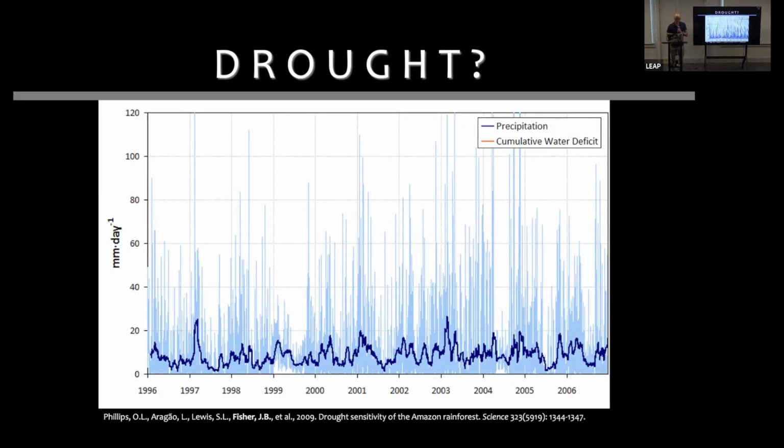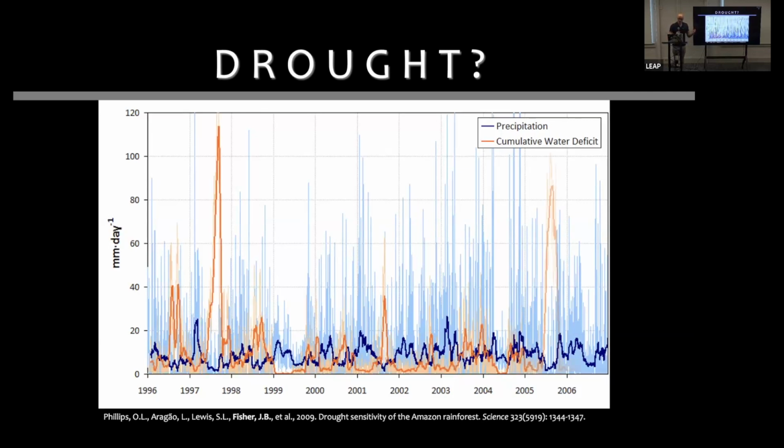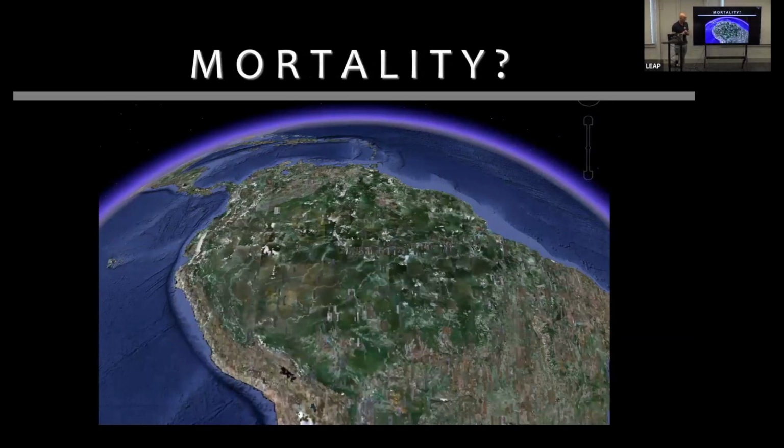And once you put the evapotranspiration on, sucking that water out of the soil, you can start to see this cumulative water deficit, these days in which the ET was really drying out the soil. And so you can see this big peak in '97 and '01, those were El Nino years. And then again in '05, that drought was from the warming of the North Atlantic, which is kind of apropos now with these giant heat waves in Europe and here. So this peak shows you how droughty the Amazon was, and that peak would vary around the Amazon depending on rainfall and evapotranspiration patterns.